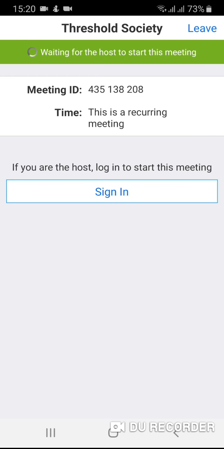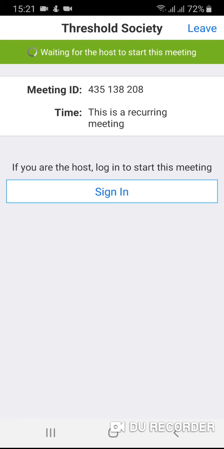Once I click the link, it automatically opens in Zoom and shows me that it is preparing the meeting. And then after preparing the meeting, because the host has not started the meeting, it will tell me to wait for the host to start the meeting. Once the host starts the meeting, the host will have an option to let me inside and allow me inside the meeting or the group. If they allow, I will be able to enter.